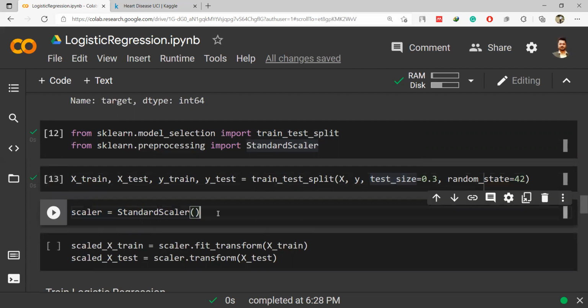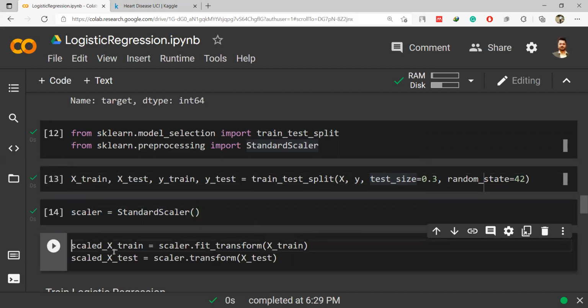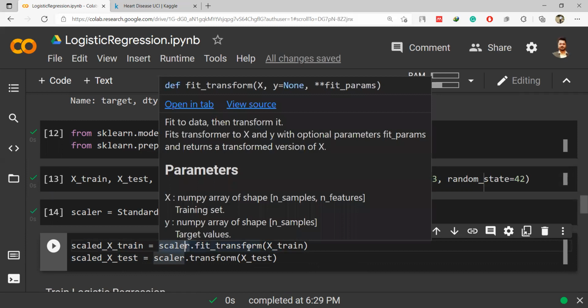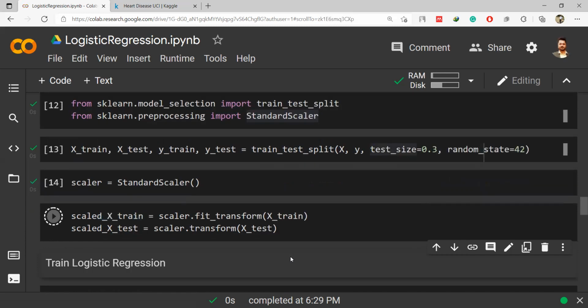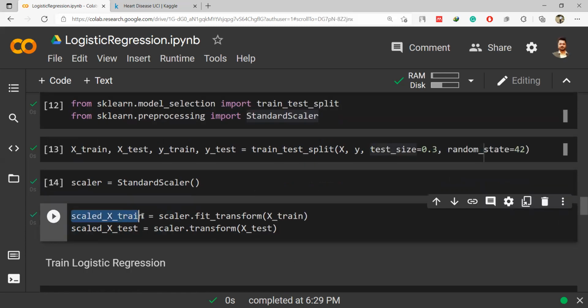We will make the object of this normalization, and then we are going to scale only the x part. We will never scale the y part. We are not scaling y, that is my target value, but we are only focused on scaling the x values, all the independent variables. This is the function in which fit transform will be done. Fit transform means that the mean and variance will be taken care of, and the data will be transformed for this x train and x test. Both of these are ready to be used in the model now.